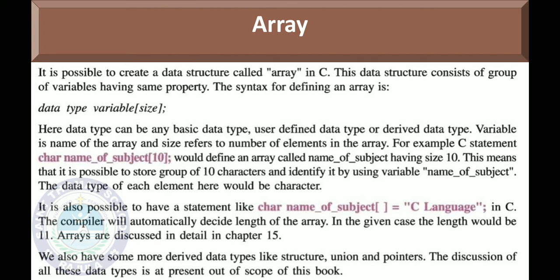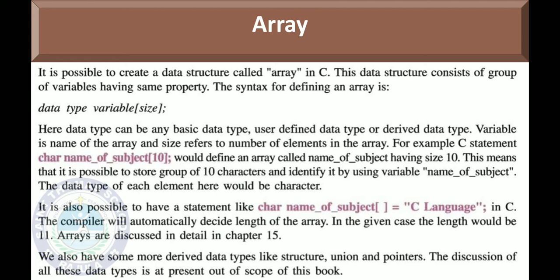But here you can see we have created an array of the character data type, and as the size we have provided 10. It means I am now able to store a string that has a maximum of 10 alphabets.